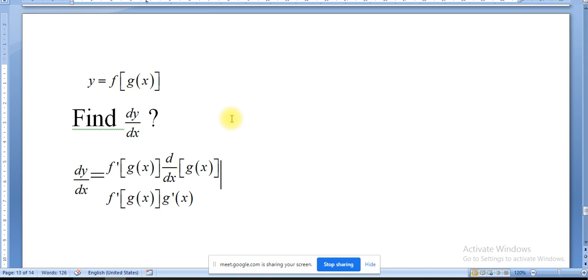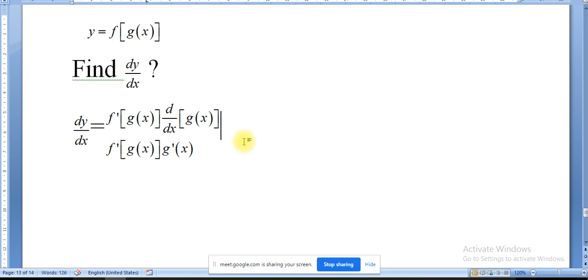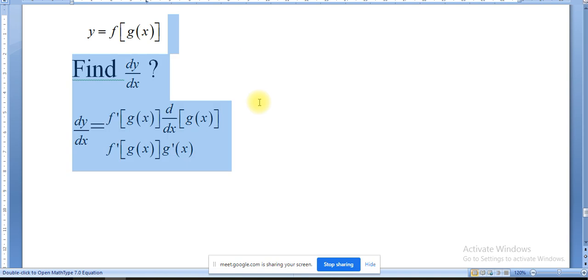As I told you last time, this time we will be dealing with the notations and chain rule. What is the detail of chain rule? Whatever I have written, this itself is the chain rule for us. Now let's make a statement out of it.